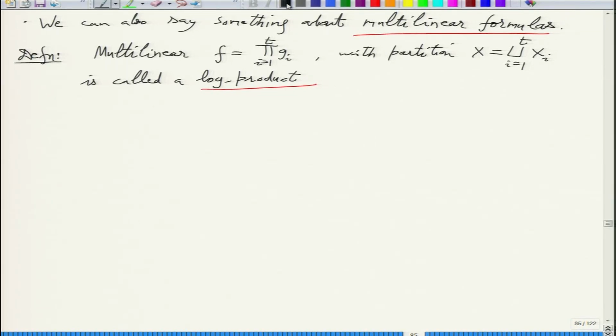And then that formula is reduced to that. Yeah, so multilinear formula you can reduce by induction to this. So again there will be an inductive proof. Yeah, it is kind of consistent with the log depth. So there the variables, if you start from the bottom, the variables are growing by a constant multiple at each depth.